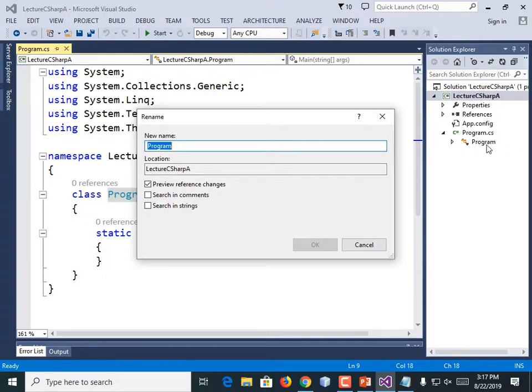If you just go over here, and rename it that way, or you go to Windows and rename it, then it's not going to work. This needs to match that. Just like in Java, your class name and your file name need to match. So I could call it Lecture A if you feel like it, do it.